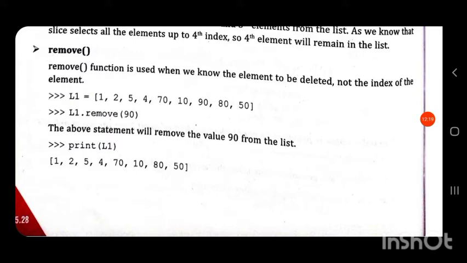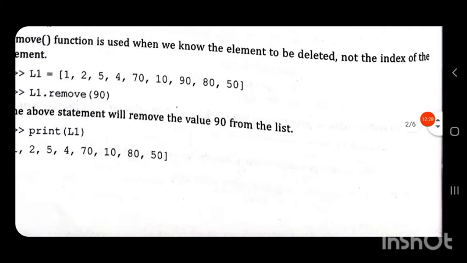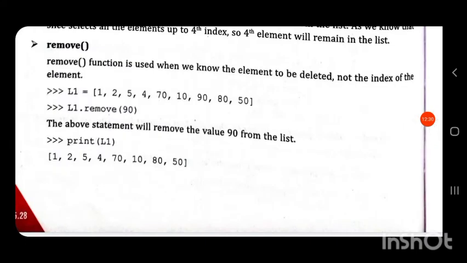L1 is our list equal to 1, 2, 5, 4, 70, 10, 90, 80, 50. In the remove function the argument given is the value, not the index.